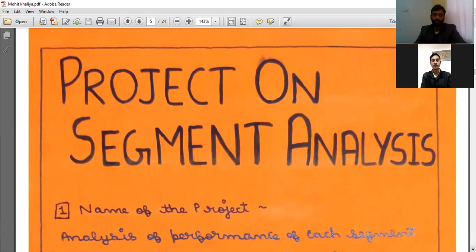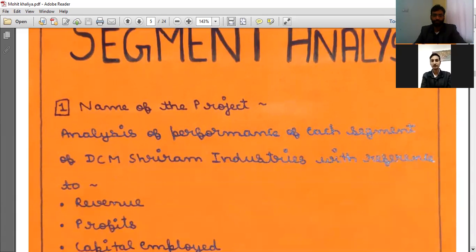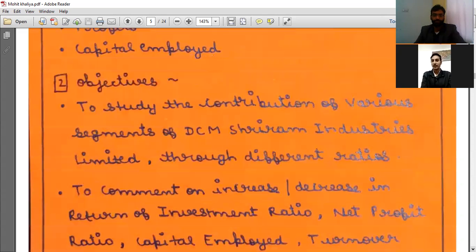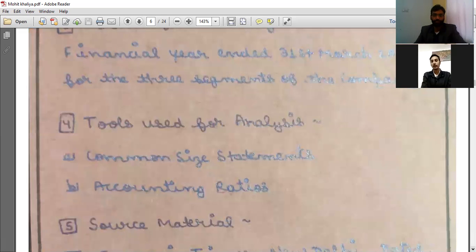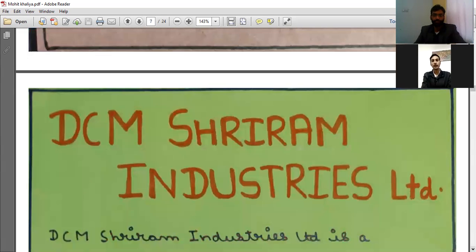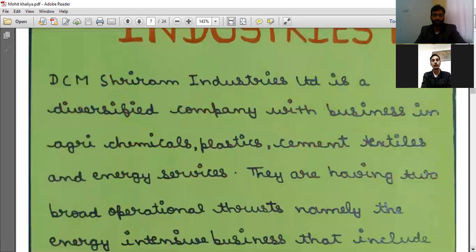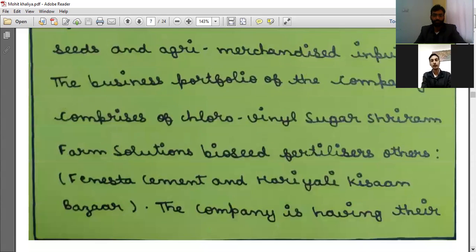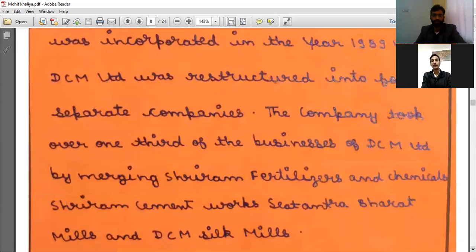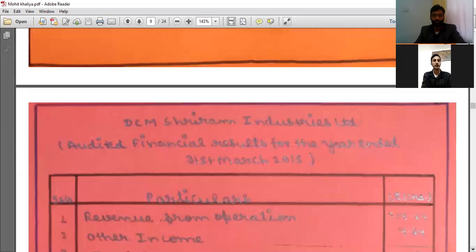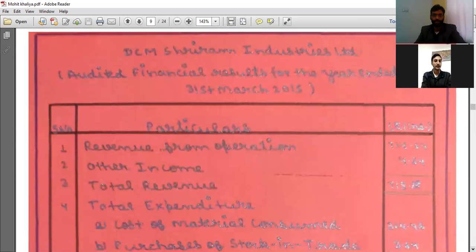Okay, you have prepared this project on segment analysis. So what do you mean by segment analysis? Explain. Segment analysis means comparing different departments of the organization and concluding which department is working well and which department is earning a high rate of return on share capital. So just to find out which department is performing well, that is the only reason why you have done the segment reporting,